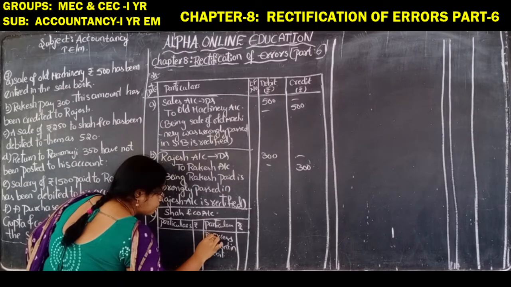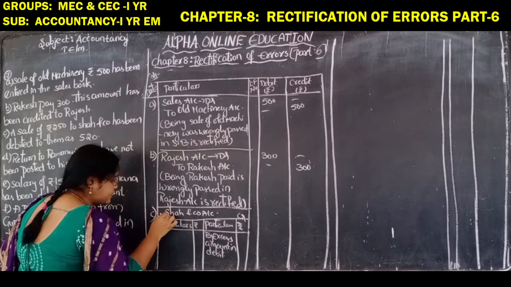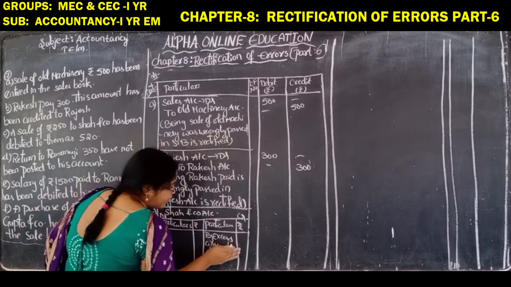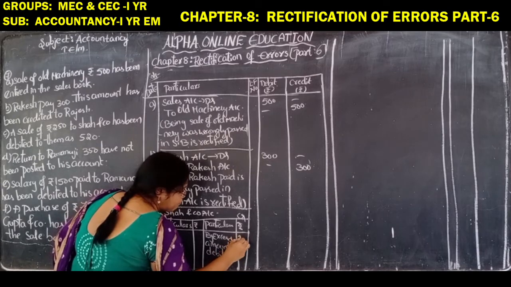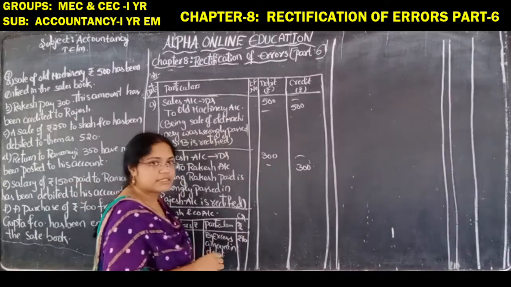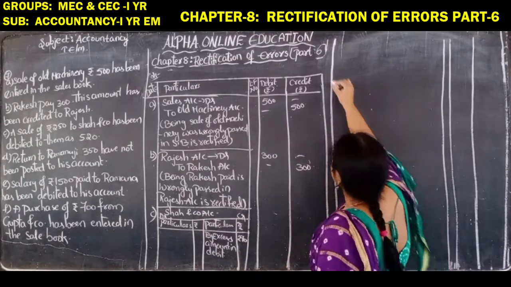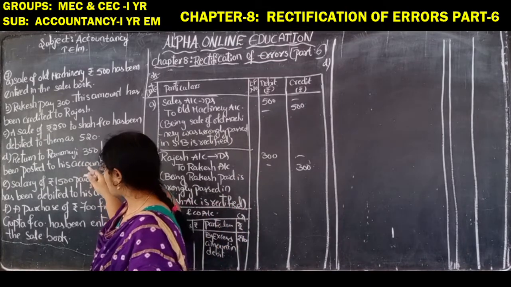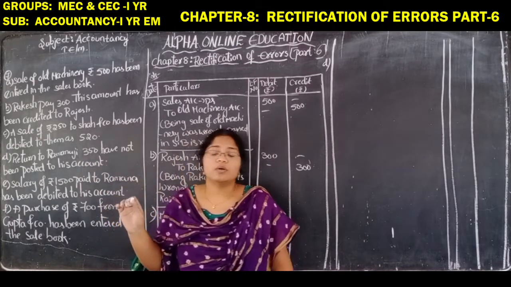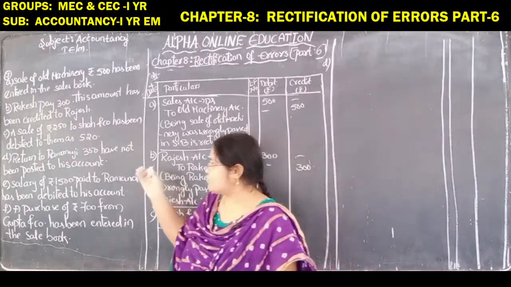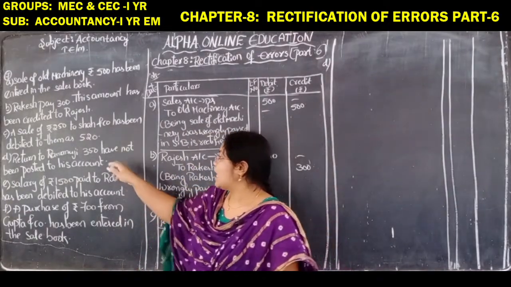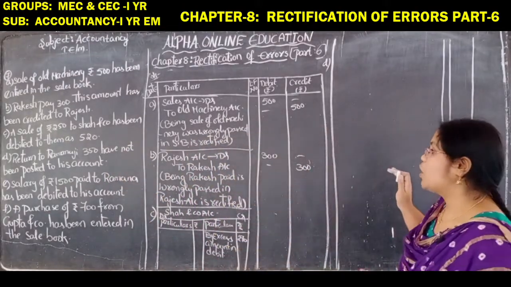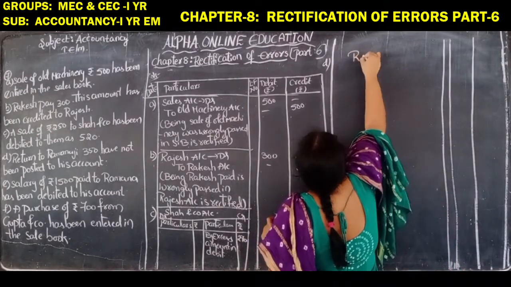Sorry, this is by, because this is the credit side and this is the debit side, right? So by excess amount in debit, how much is the amount difference? 270. Okay, 270 is the difference. That is completed. Now let us see D entry, that return to Ramanji. So they are returning to Ramanji, that is 350 rupees. So the purchase returns have not been posted to his account. Now let us post it to his account.